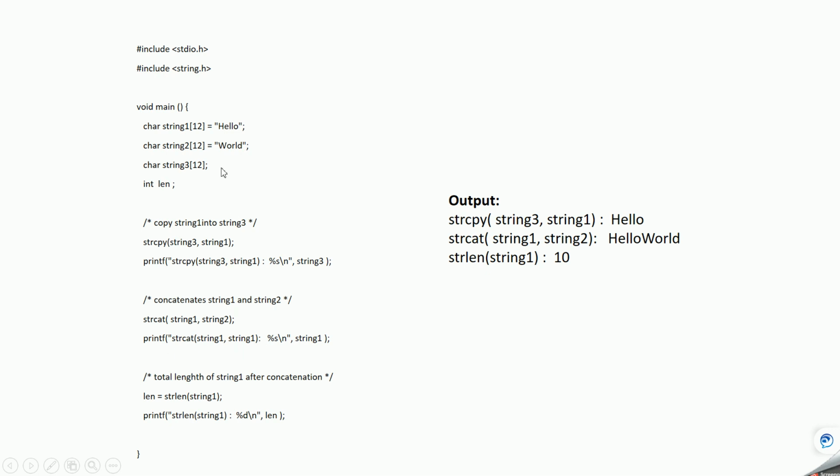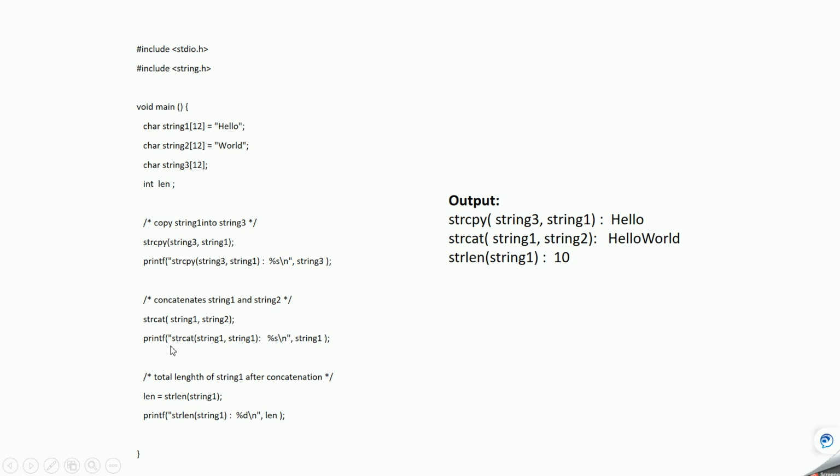And here we have 12. In this case we had enough space to store, meaning I had 12 places to store, so 12 characters I can store. The capacity of string 1 is 12, and I had only 5.